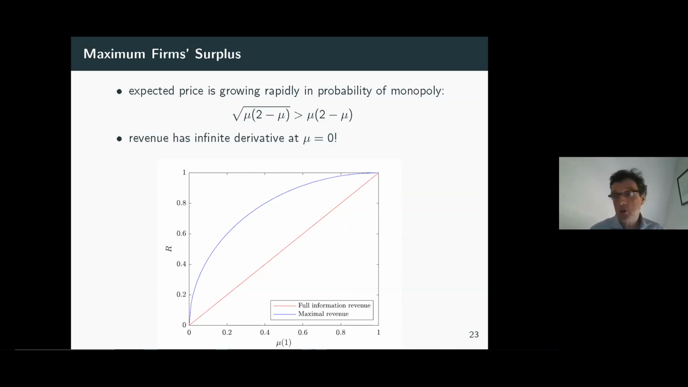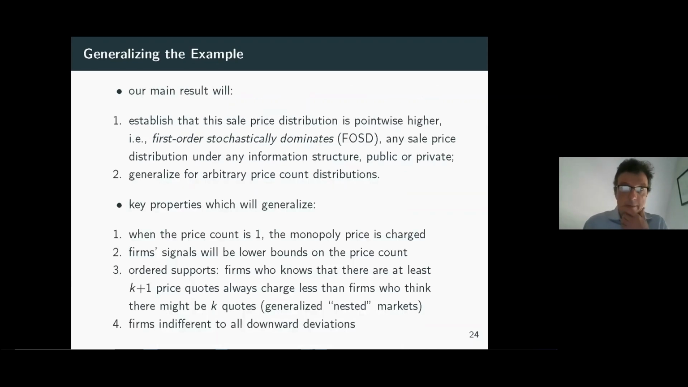Perhaps I'm going to give you an idea of how we're going about obtaining these results, improving these results for the much more general model, and what's the structure and the idea behind the proof. Okay, so the main result is that, in fact, the construction I just offered for two firms will